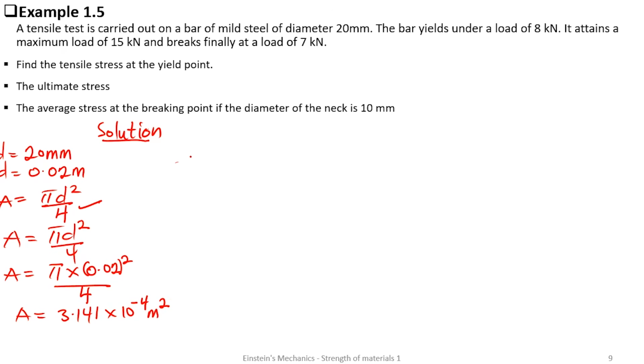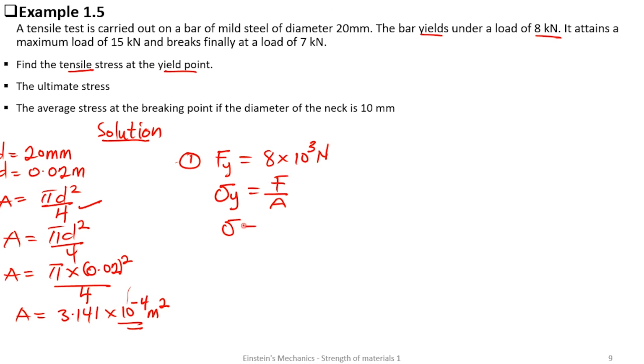So first, the tensile stress at the yield point. At the yield point, the bar yields at a load of 8 kilonewtons. So the force at the yield point was 8 kilonewtons. But remember, we have the same area. So stress at the yield point is the same as force over area. We can put in our values. The yield load